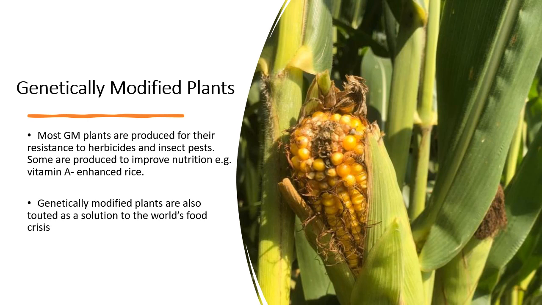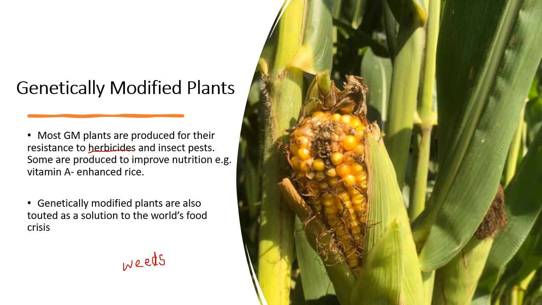So again, like I said, most genetically modified plants are produced for their resistance to herbicides. In case you're unsure of what a herbicide is, that is this word over here. A herbicide is basically a chemical or a formulation that is used to kill unwanted plants. So when you plant your crops, say for example you decide to plant grapes, you will always have weeds that come up between those grapes. And when I say weeds, I don't mean the one that everyone smokes these days. I mean unwanted plants, basically, that come and suffocate your actual plant by stealing nutrients from the soil and also preventing it from being able to access water properly in the soil.